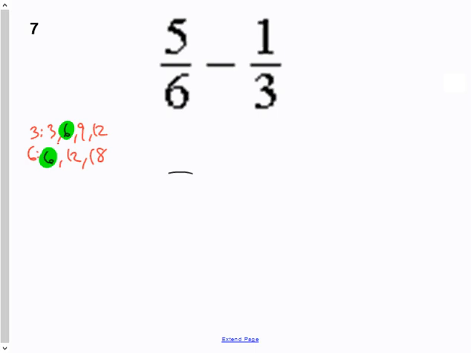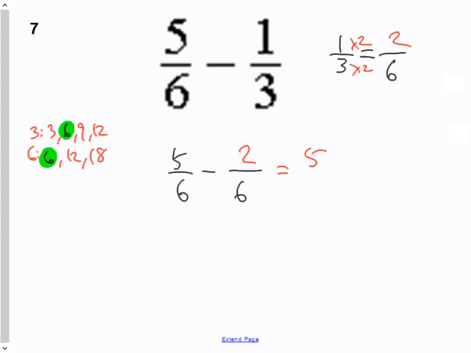So what I'm going to do here is rewrite this as 2 fractions out of 6. The good news is the first fraction, 5/6, is not going to change. But 1/3 has to be made into a fraction that has 6 as the denominator. What do I multiply 3 by to get 6? The answer is 2. So therefore, 2/6 is equal to 1/3. Now that I have this, if I have 5/6 and I take away 2/6, 5/6 take away 2/6 is 3/6 as a final answer.